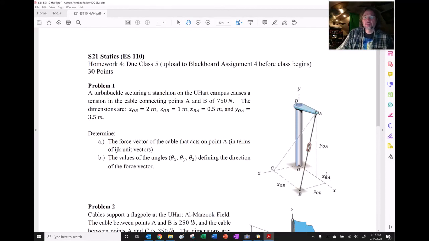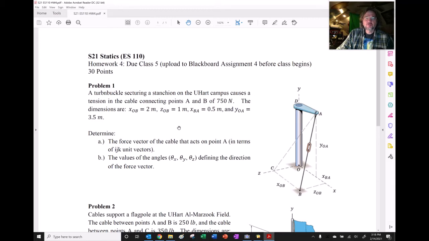Here is the solution, or me working out problem 1 from homework 4. We have this turnbuckle, which we've spelled wrongly. That's one of these things right here. This turnbuckle securing a stanchion on the UHart campus causes a tension in the cable connecting points A and B